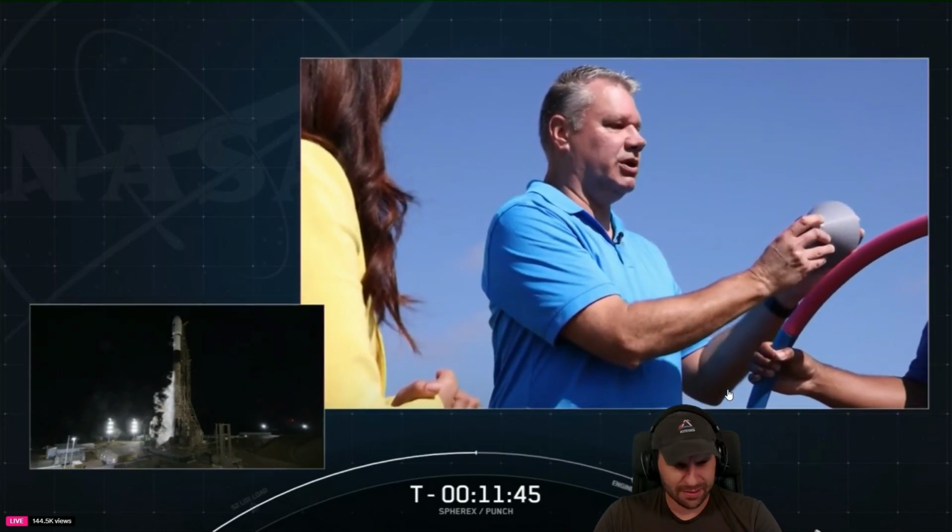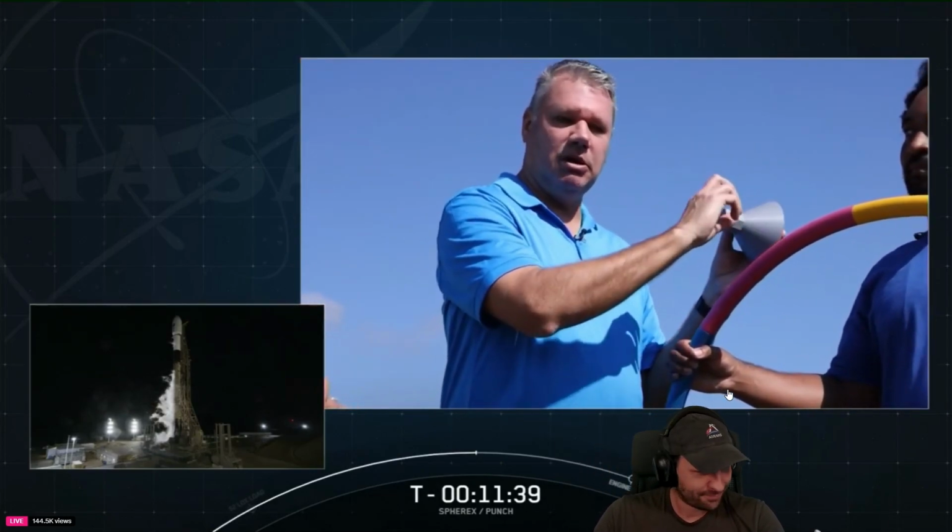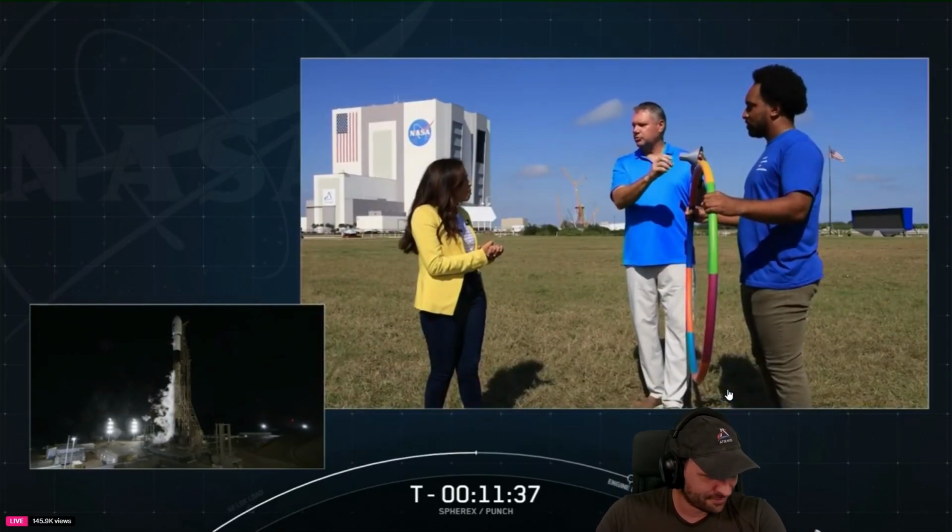First thing is SPHEREx is going to go ahead and separate, pointing away from the sun, obviously, so they're going to separate in this direction. After SPHEREx separates, the Falcon's going to do a small altitude lowering maneuver with their attitude control thrusters, just to lower by a couple kilometers, so they're not exactly the same orbit. And then the Punch spacecraft...